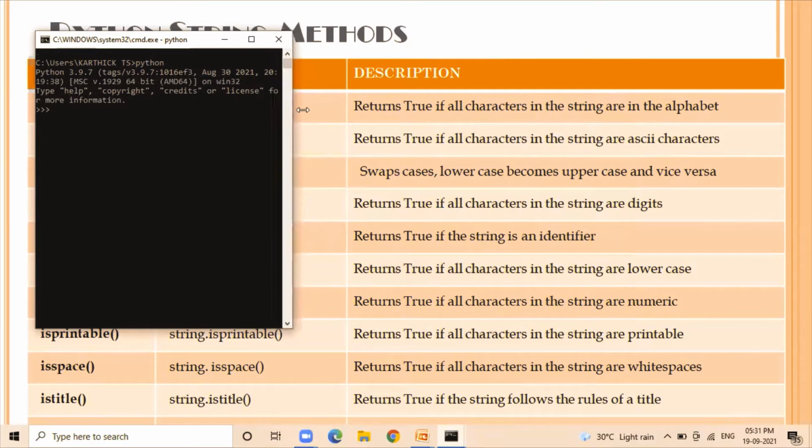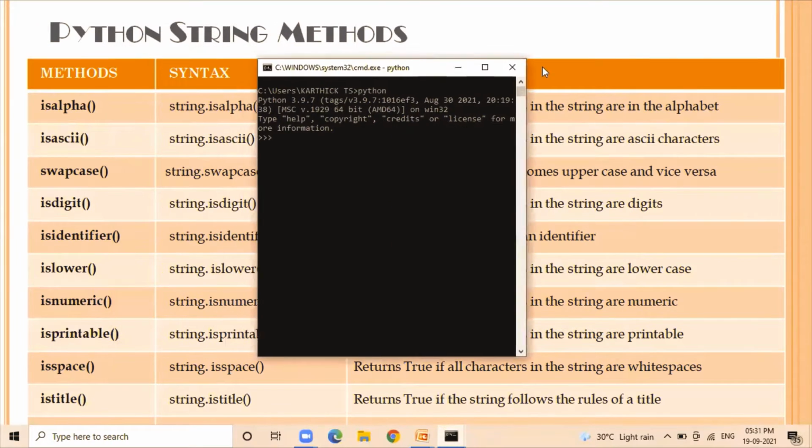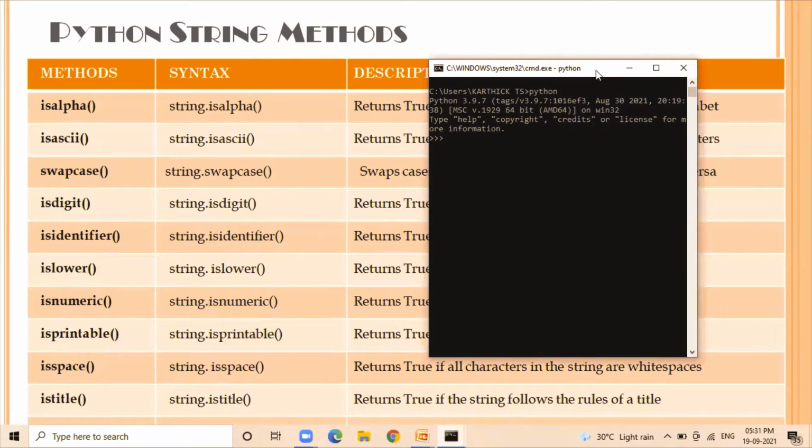So the first and foremost string method is isalpha. This function checks for the occurrence of the letters, alphabets, in a given string.